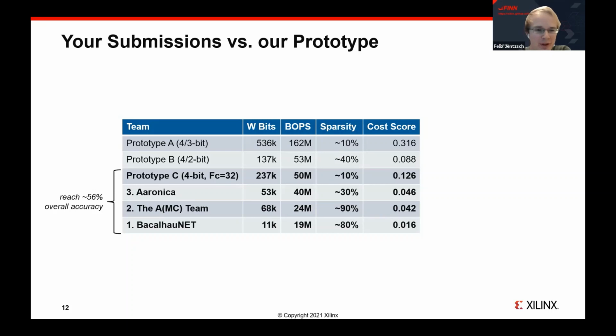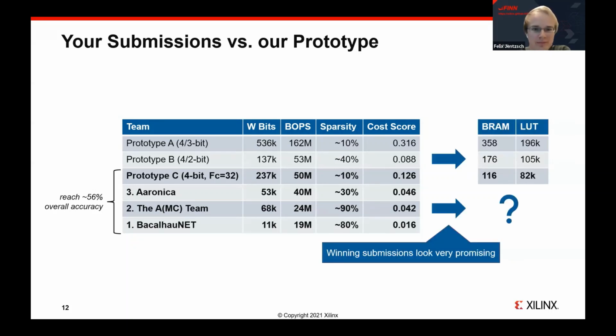Okay, so we can also now see our real-world resource utilization results from the previous slide next to that. And now things get a little bit more complicated. So we see that the cost score is a useful guide for these prototypes, as you see that the lookup table usage roughly decreases with the cost score. But we also see that it's not a perfect indicator for FPGA resource utilization in general. So this is mainly due to 2 reasons in this case.